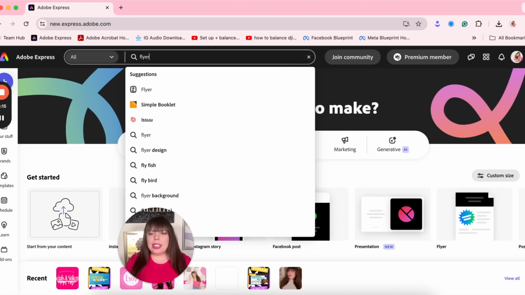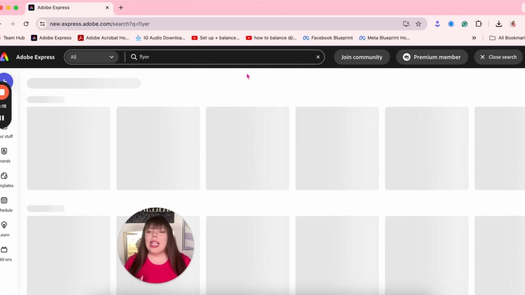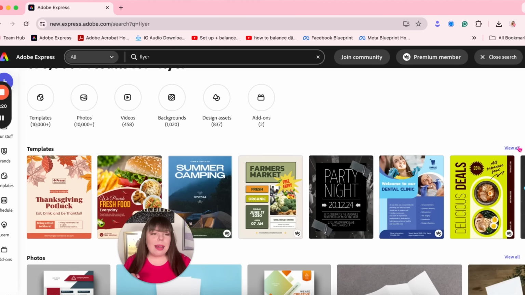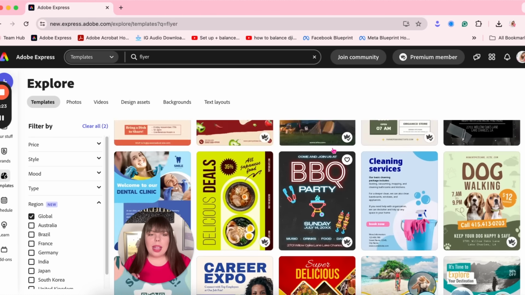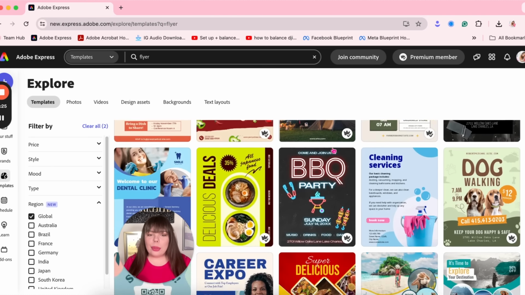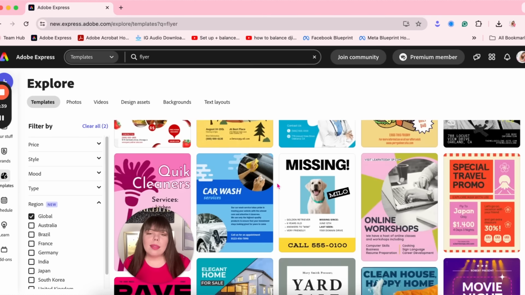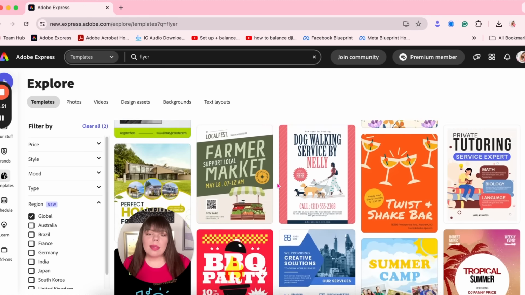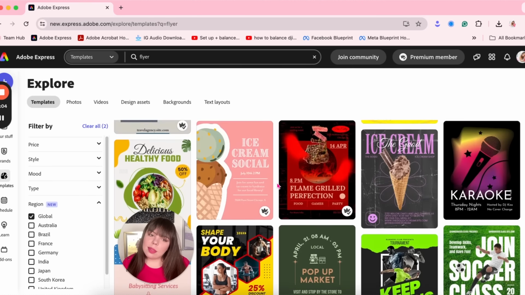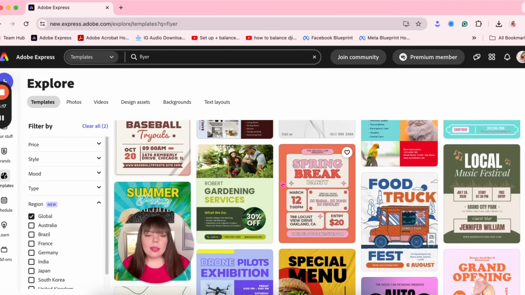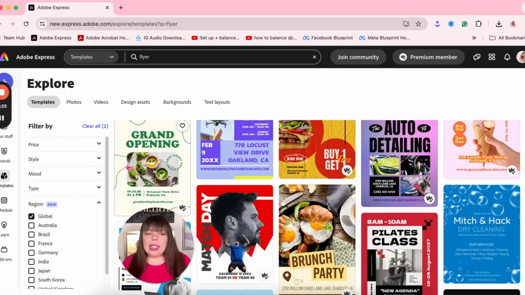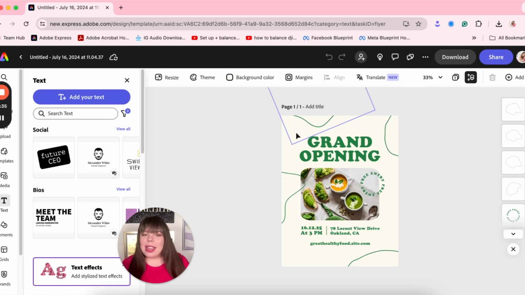I'm going to go ahead and just type in flyer into the search bar. And we're going to go ahead and see what comes up. Let's view all templates and just do a little scroll-a-roo through this and see what comes up. So as I've been scrolling through, I feel like this one here is the one that I am resonating with the most. We're going to go ahead and open this and customize it just a little bit